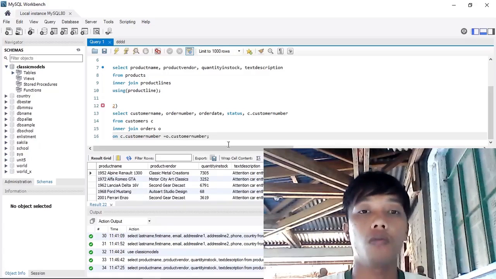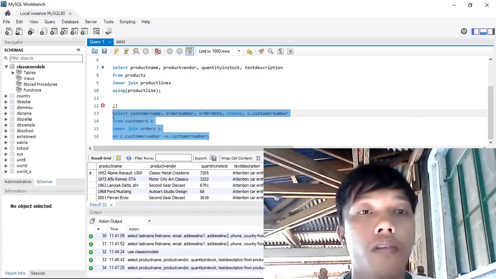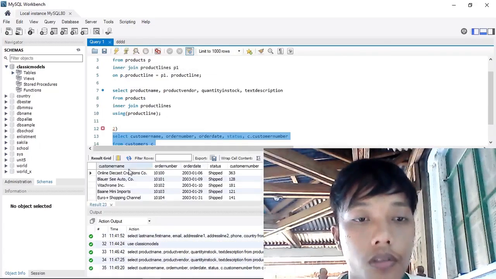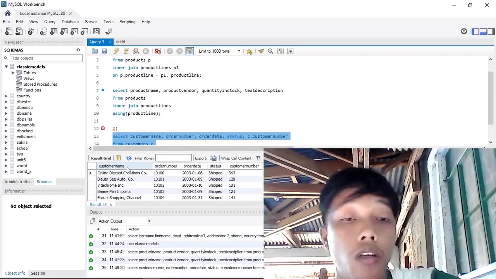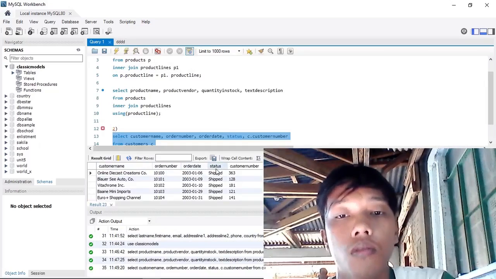Okay sir, I'm going to run this syntax. So we can see now these are the output: customer name, order number, order date, status, customer number.